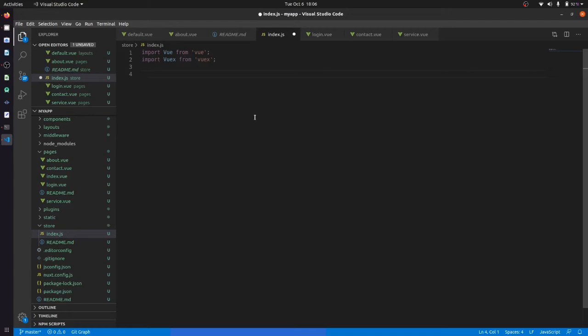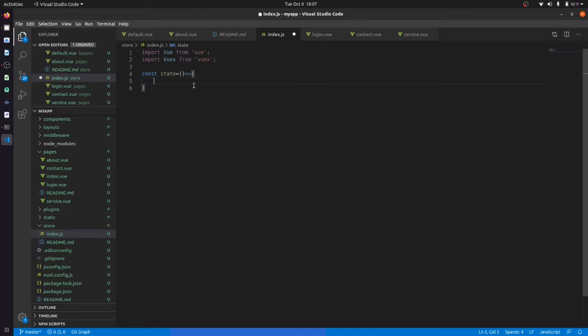Okay, and after that we will create a state. So we can create a const state. Okay, we have a constant, not this.state, come on. Basically this will be a function, so it will be ES6, let it be.